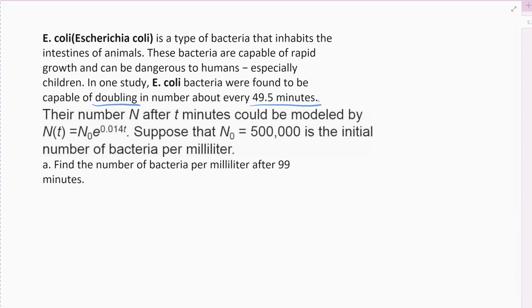You could use a base 2. We're going to use the exponential growth, which they gave us. Suppose the number n, which is the number of E. coli bacteria after t minutes, is modeled by the equation n of t, where n naught is the amount of the initial bacteria. The growth rate is 0.014, and so remember, that really means it grows by 1.4% growth